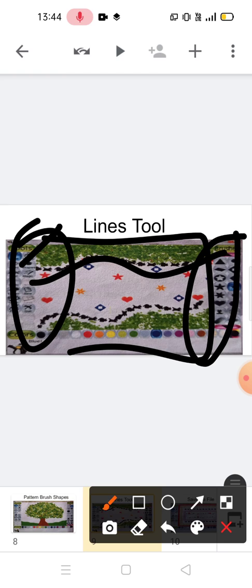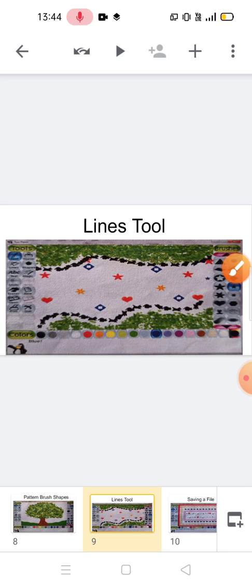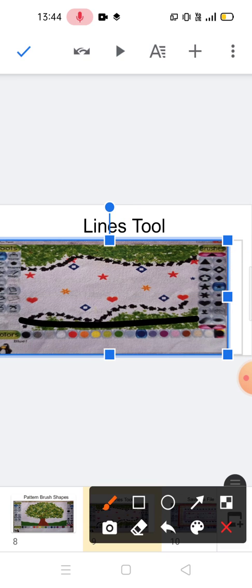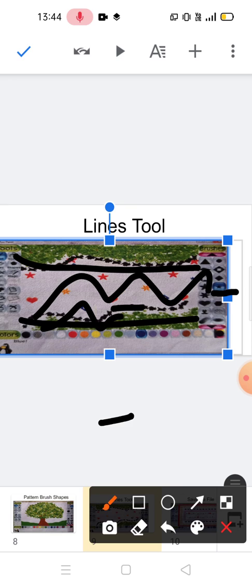When you release the left mouse button, you will get a straight pattern in place of that line. If you draw an inclined line, you will find an inclined pattern. Means if you want to make a pattern in a straight line, then you have to choose a straight line. If you want to make your own pattern, then you can choose this type of line. Okay.